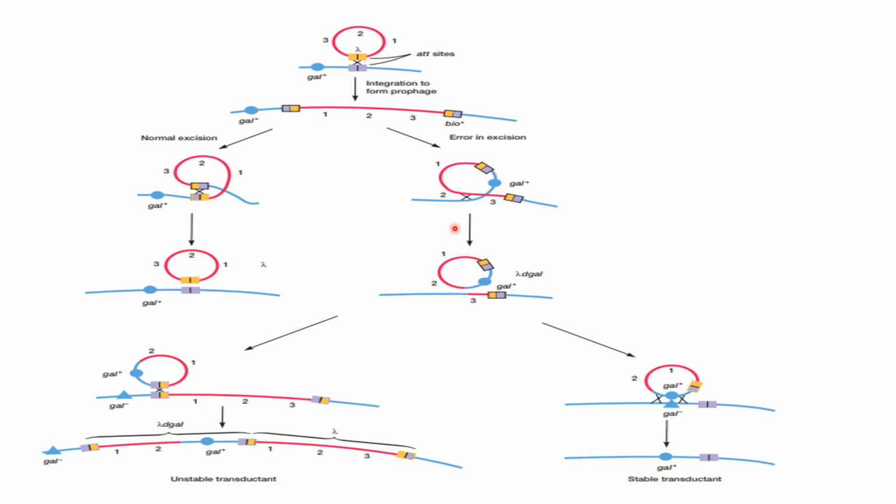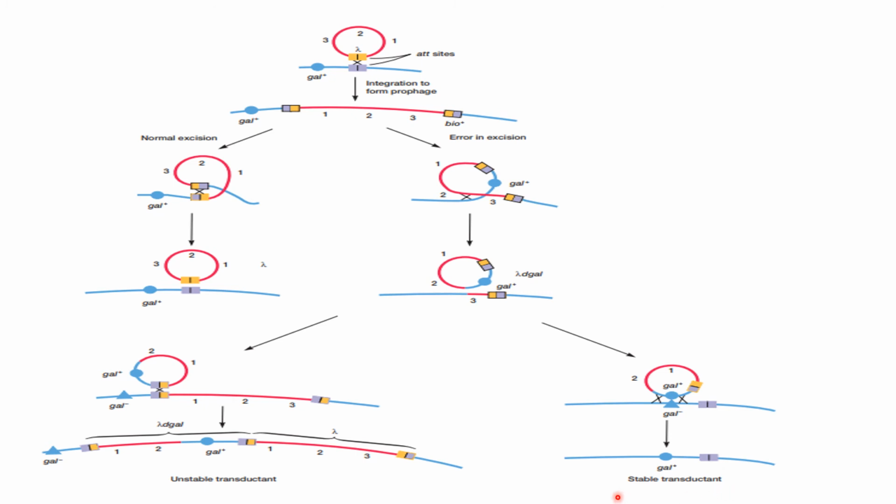So these are the steps that you can see again in detail, where the phage DNA carries the donor bacterial DNA into the recipient cell and changes the chromosomal nature of the recipient cell, becoming a